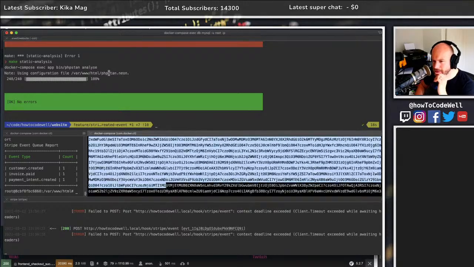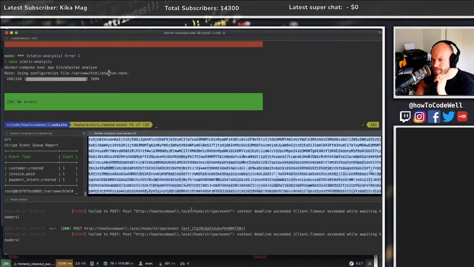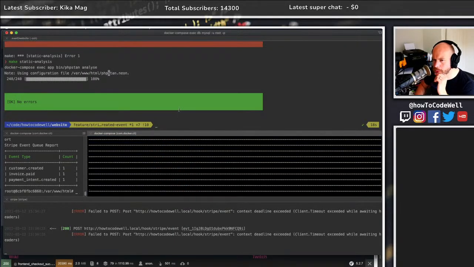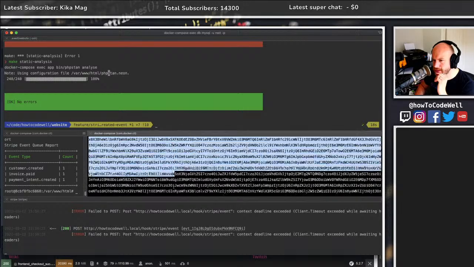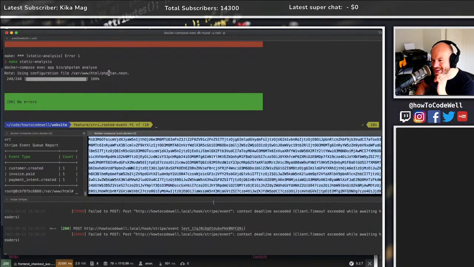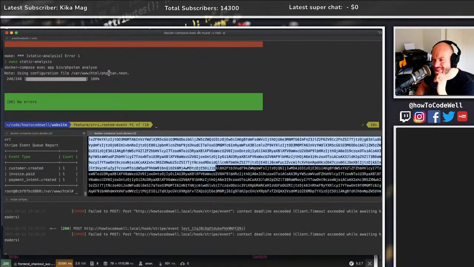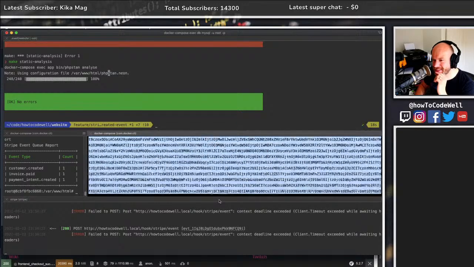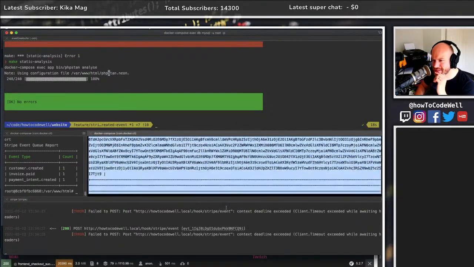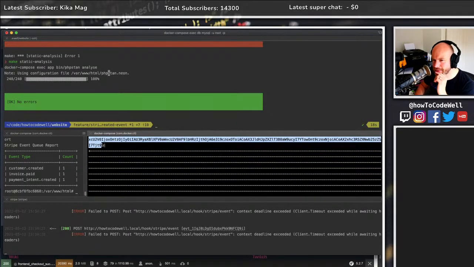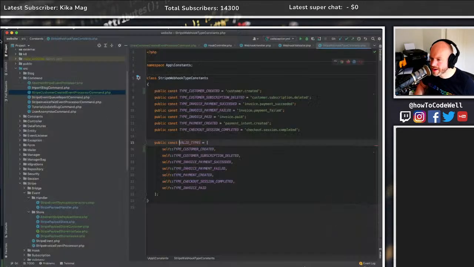Wow. So this is a base64 encoded thing, and I'm going to struggle to get to the end of it without it going too fast. There we go. Just got it. Right. So now we're going to create a fixture